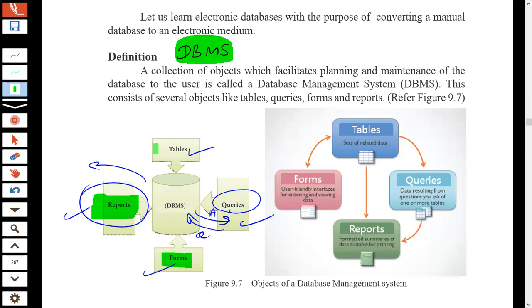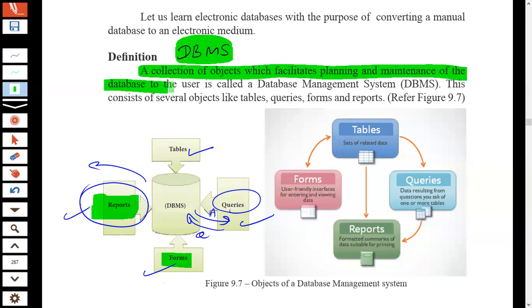Using the set of software, we can fulfill these functionalities. So a collection of objects which facilitate planning and maintenance of the database can be called a database management system. And this consists of several objects like tables, queries, forms, and reports. So we have to take our note.